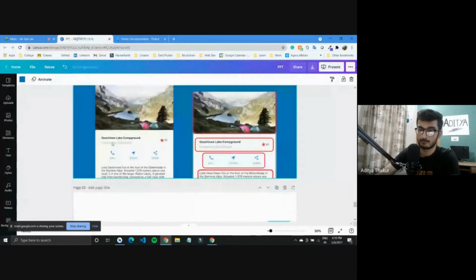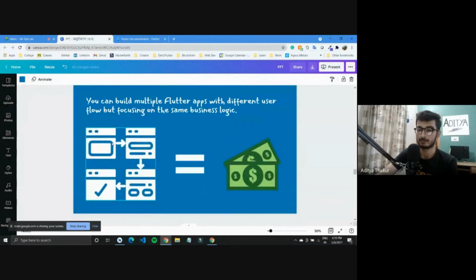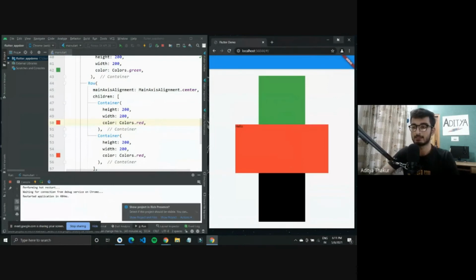And there was this slide about business logic that was left. What I meant was, since Flutter is compatible with 6 different devices, I'll also connect my mobile device and try to run the same application on that. It should take some time.